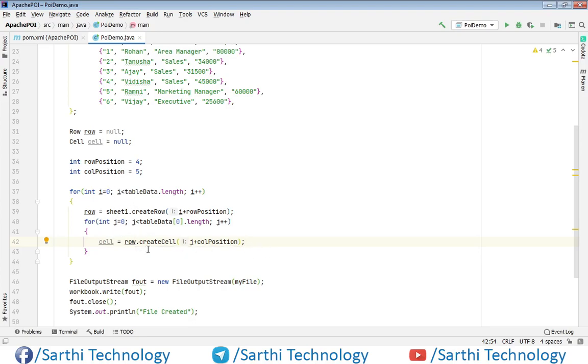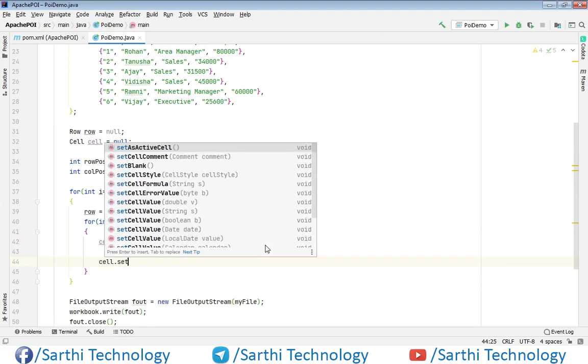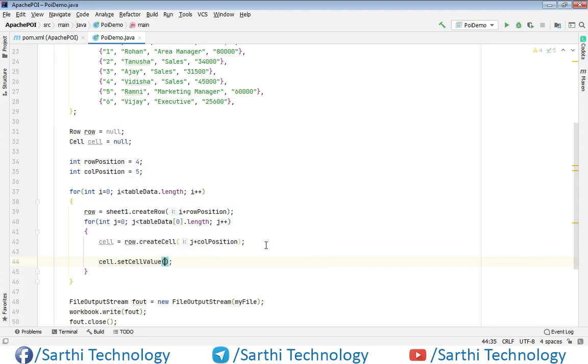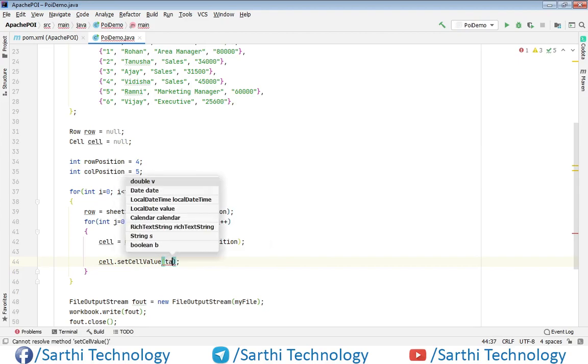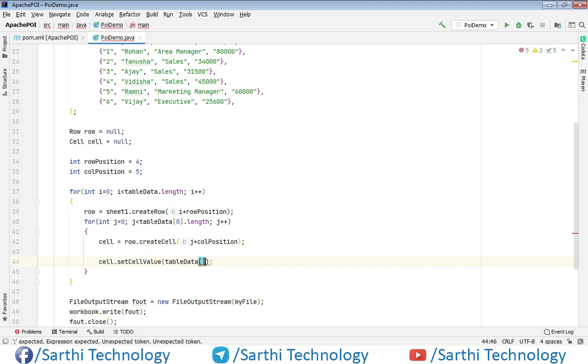So now we have this cell, and let's add the value in this cell. The first index will be i and the second will be j. So I think everything is done.